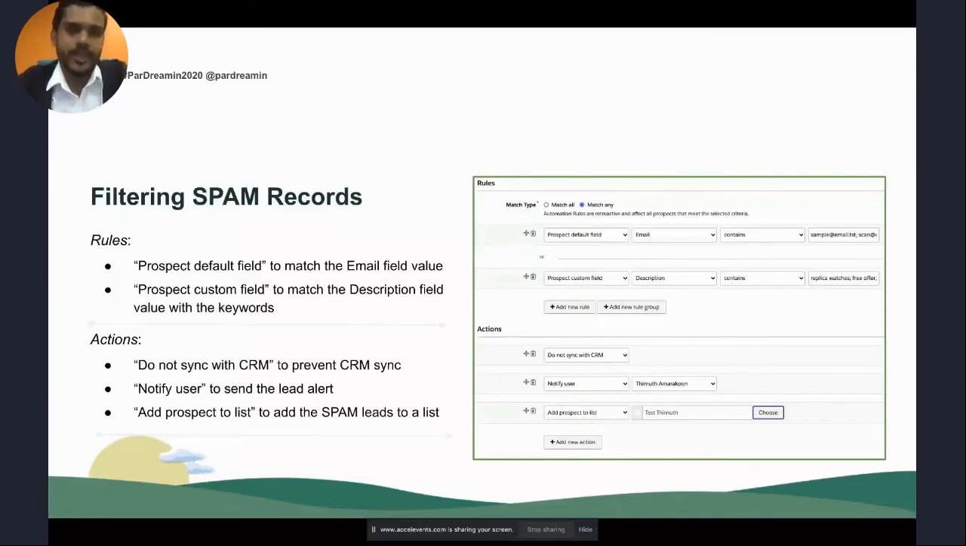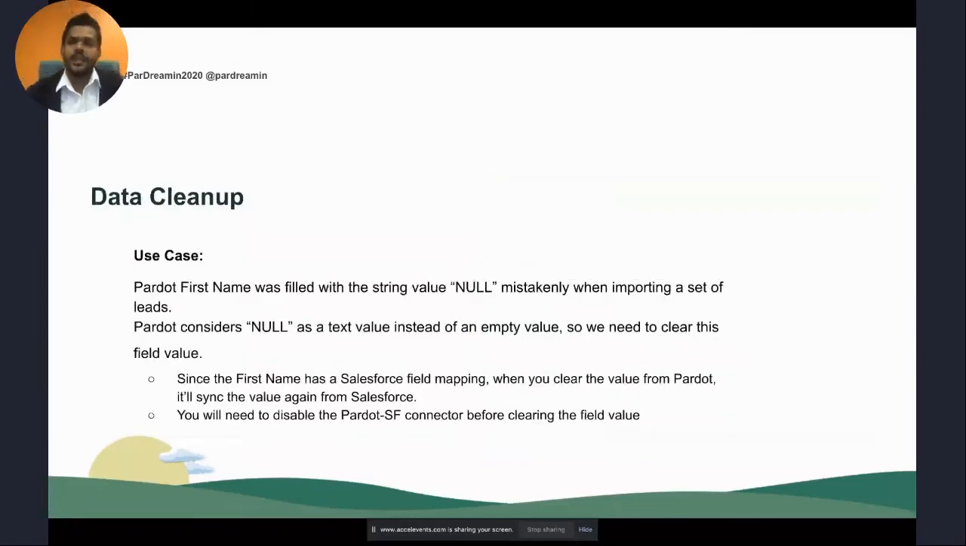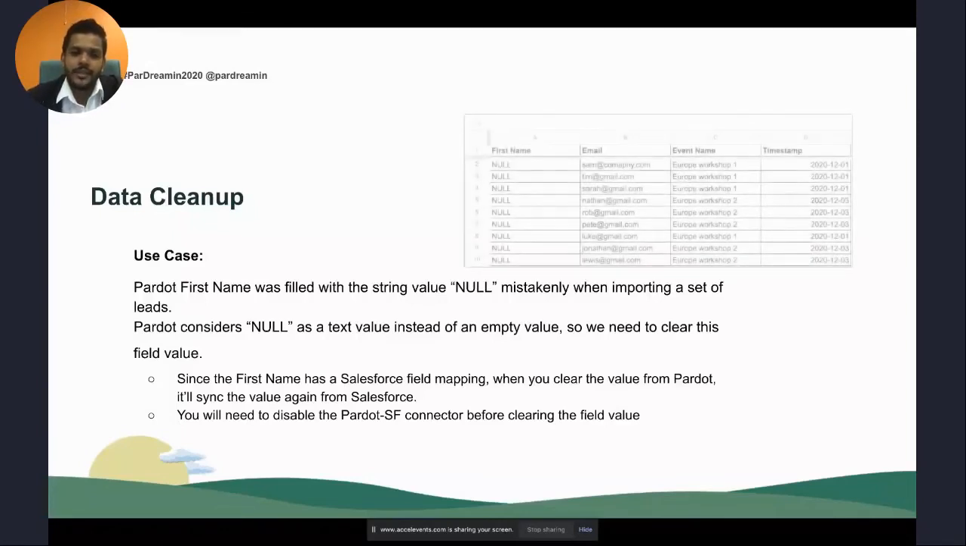Okay, the last use case here is the data cleanup. And here is something we have experienced and we have come through. Here, what we are doing is, let's say you have mistakenly imported a set of leads with the first name value null, the string null. For an example, let's say this is the